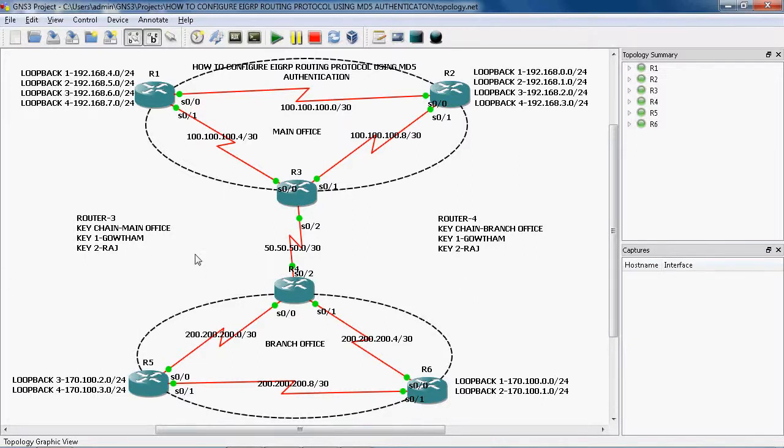After assigning that, we cannot form any neighbor relationship because the time on router 3 and router 4 is 1993. The time is 1993 here. That's why it will not form a neighbor relationship. After that we set the time, date, month and year, and it will form the neighbor relationship.